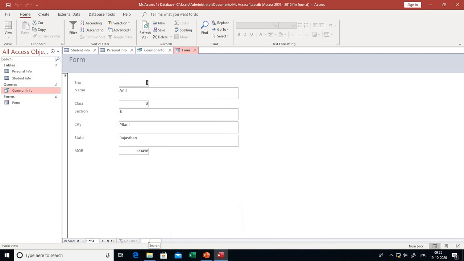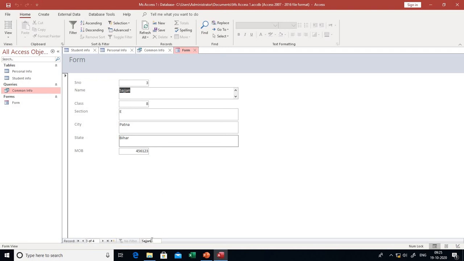From the search option, you can directly open the particular form. For example, you want to open Sajan's form. I just write down here Sajan. The form will be visible in front of you. The name of the student is Sajan, his serial number 3, class 8th, section E, city Patna, state Bihar, and mobile number 456123.